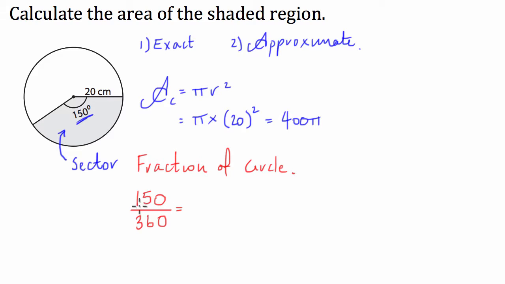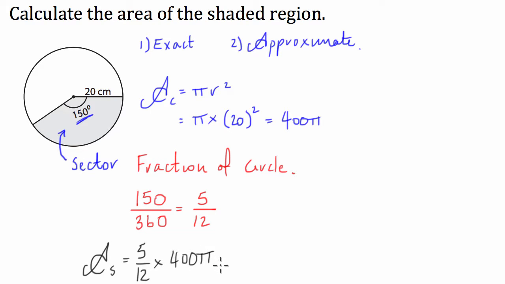So 30 goes into 150 5 times, and 30 goes into 360 12 times. And we can't simplify that fraction anymore. So from here, we can just say that the area of this sector is going to be equal to 5 over 12 times the area of the entire circle,